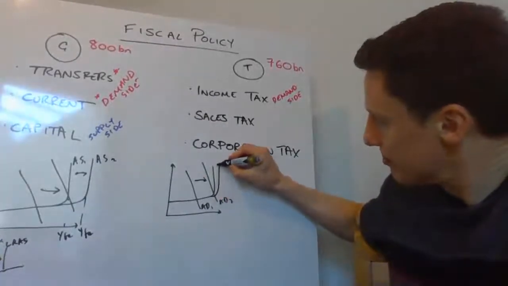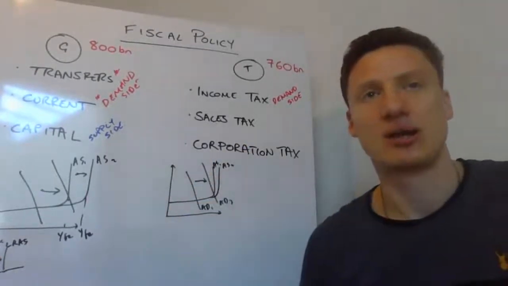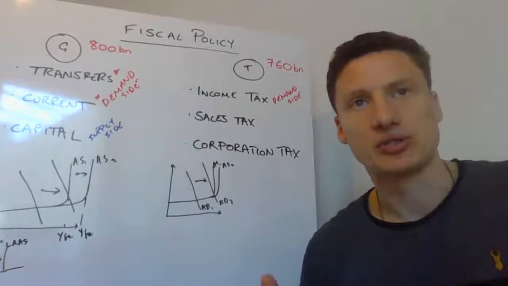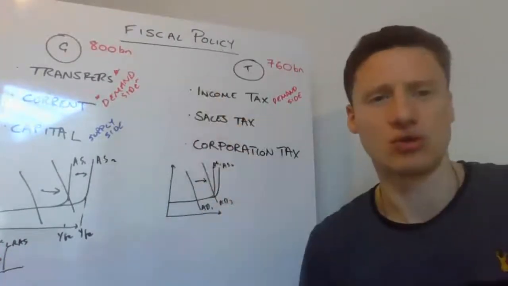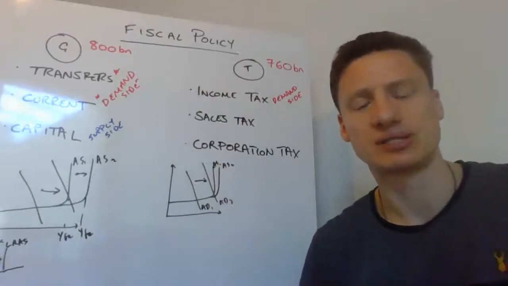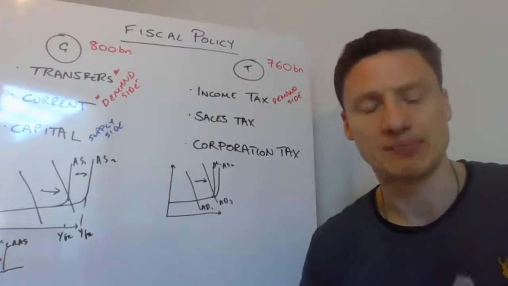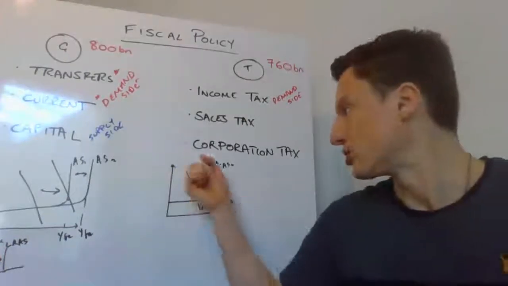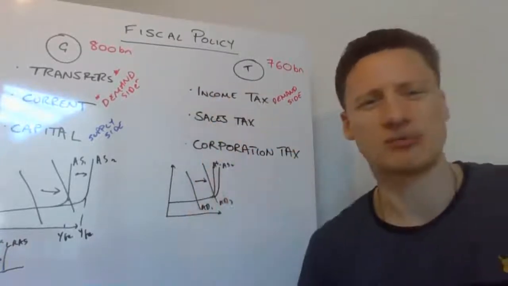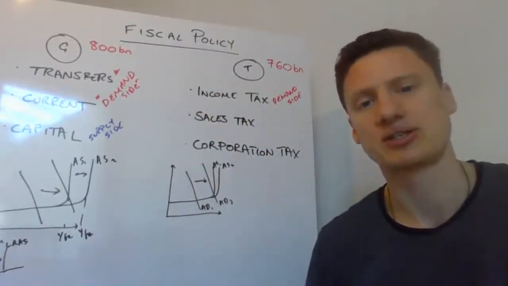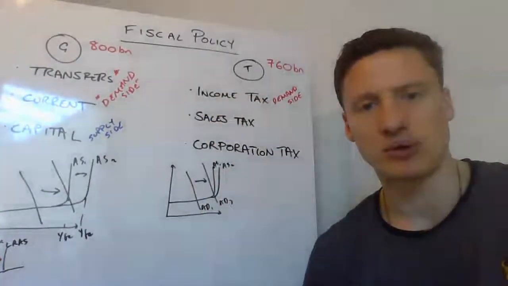I am not particularly keen on shifting AS to the right that much because I don't really know how many people that affects. I think it probably depends on the size of the change with the income tax. It probably depends on the amount of job seekers allowance in a particular economy. In the UK at the moment, we only have 1 million people unemployed. So therefore, if I reduce income tax, is it really going to have such a large effect? I don't think so.